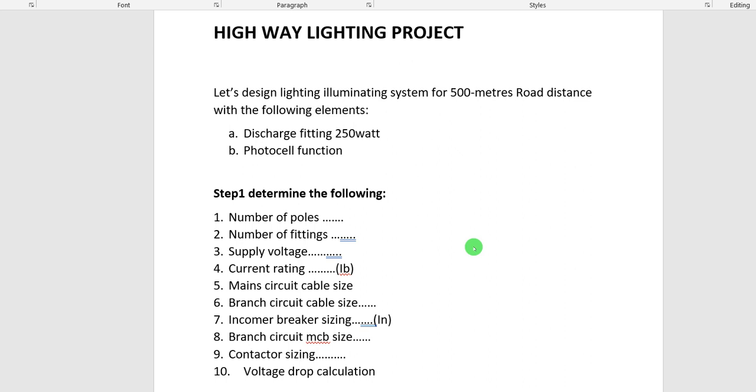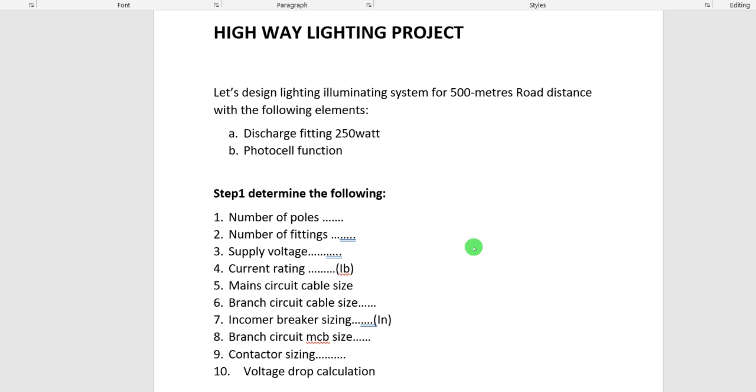So you'll be working with factors that are already set aside for you to use. As a beginner, you are going to be using tables for your design. Subsequently, you will do away with the table. You'll be working with your head because the formulas will be at your fingertips. All you need to do is put up the formula and get your figure. So you won't be needing the table as you progress. But as a beginner, you must need a table.